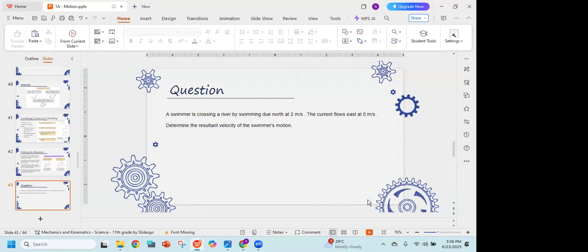Okay. You take it down. So it says the swimmer is crossing a river by swimming due north, north is up, at 2 meters per second. The current flows east at 5 meters per second. So in that case,